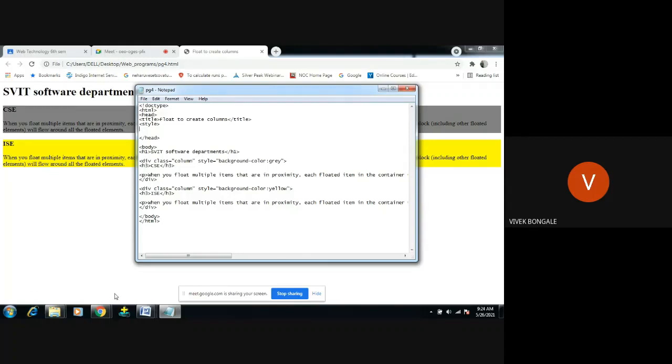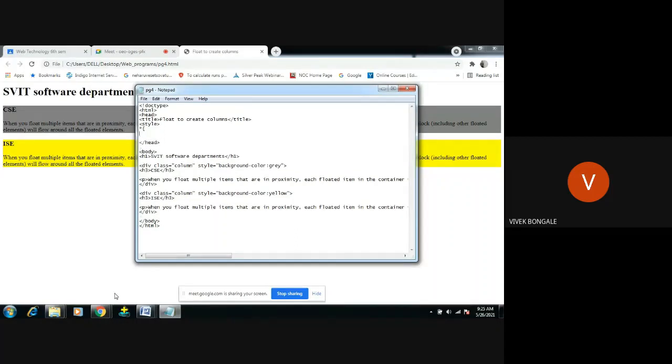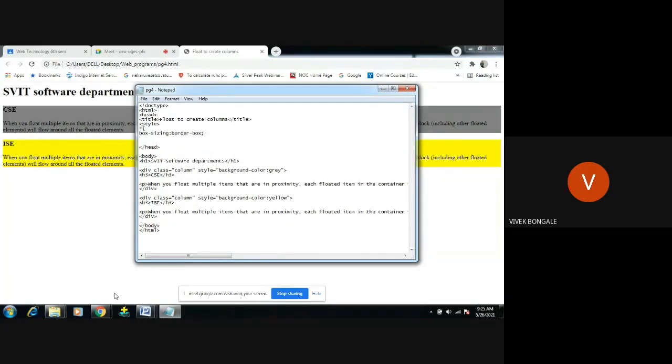I want to give the size. For that, I will use the asterisk symbol, which means the universal selector. The style rule I give under this asterisk is applied to the entire browser, the entire page. So I open it and give box-sizing: border-box. It will create the border to the browser.